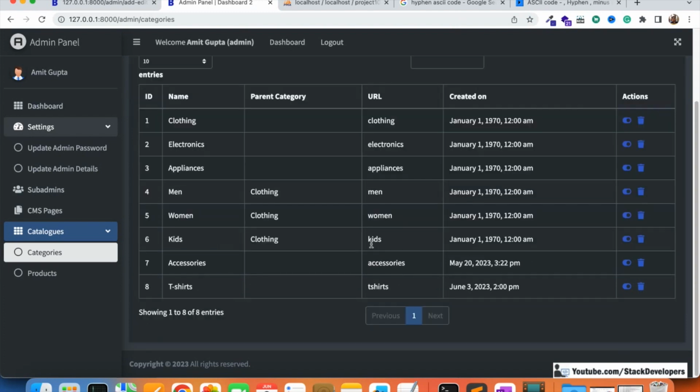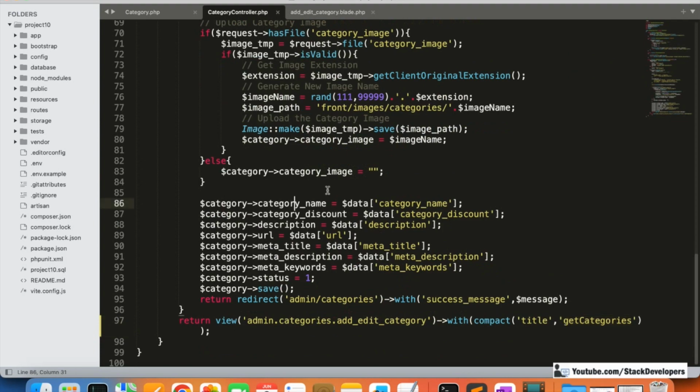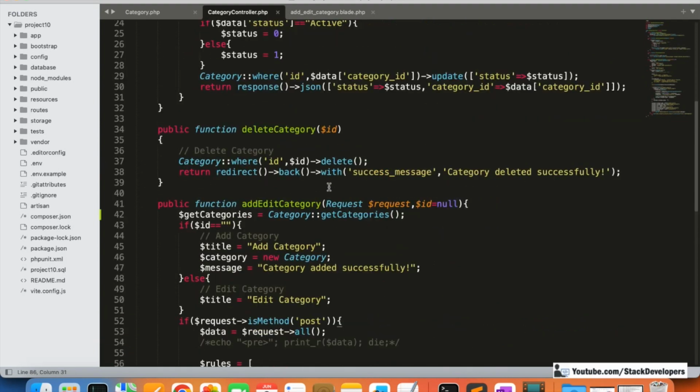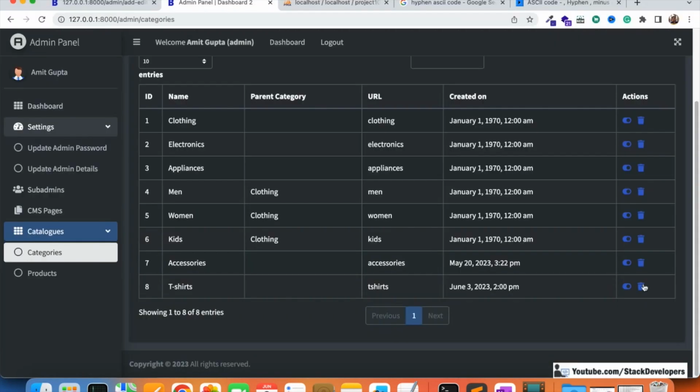So now we can see the t-shirts is added, but here the parent category is still not there because we forgot to add the parent ID here. You can see the parent ID, we have not added, so we need to add the parent ID as well. Okay, so here we are getting the parent ID from there. We're going to add the parent ID. So now this time once again,